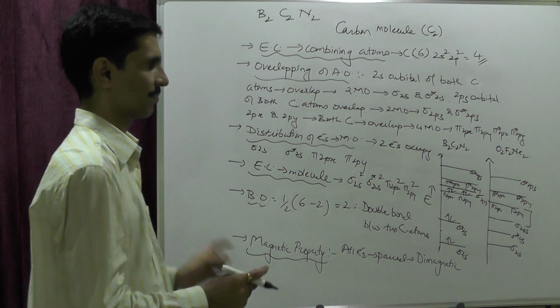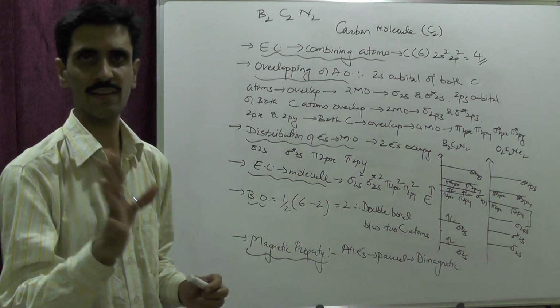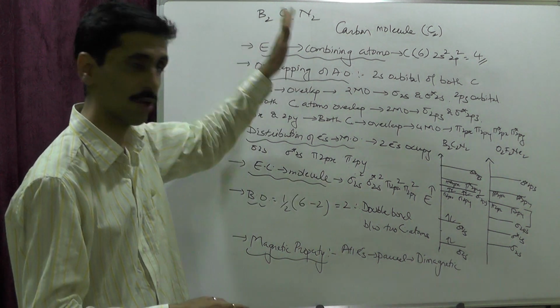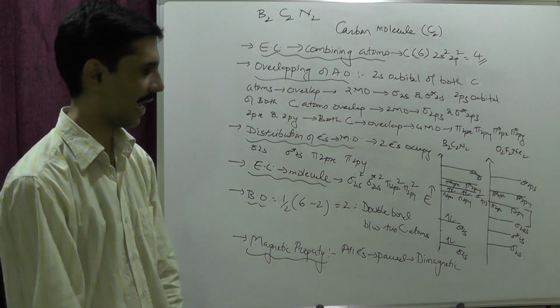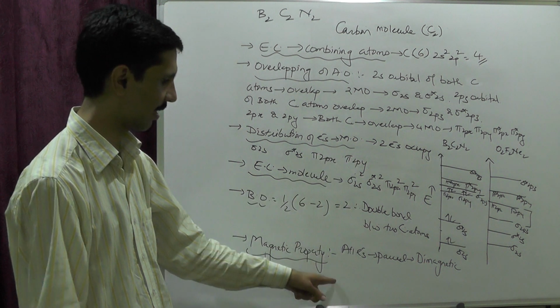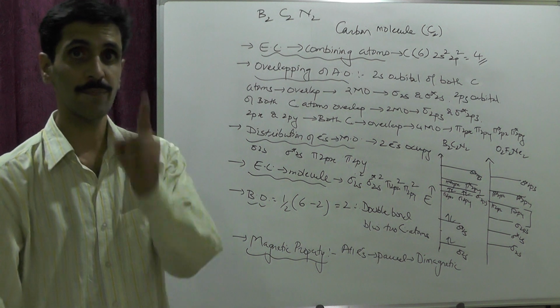Alright, so you can see now, within few minutes we have finished up with the carbon molecule. If you have understood the boron molecule, carbon molecule is as simple as that. Only minor changes we have done in the electronic configuration and in the magnetic properties. Okay, if